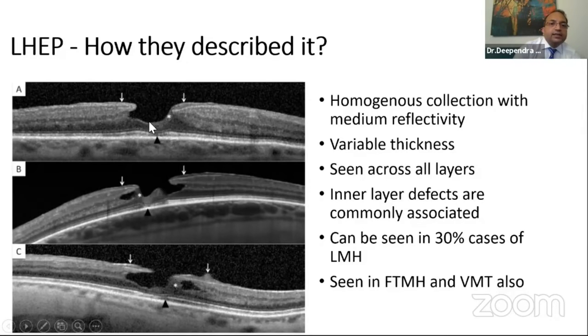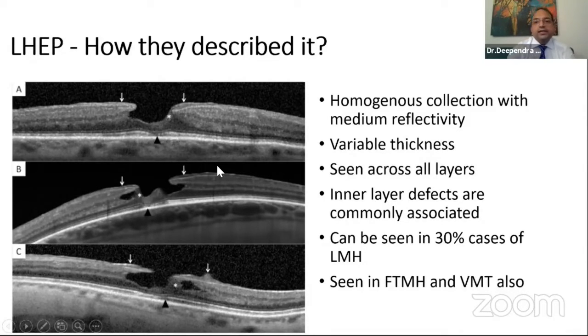Now, as Dr. Neha was nicely telling us, when we are reading OCT scans, we are describing things as they reflect the laser light. And the reference for this reflectivity is within the scan itself. So vitreous has the lowest reflectivity and RPE has the highest reflectivity. So LHEP, which will be seen on the retinal surface, has medium reflectivity, which will match the reflectivity of middle retinal layers, the inner plexiform and inner nuclear layers. So it will resemble something in between that.